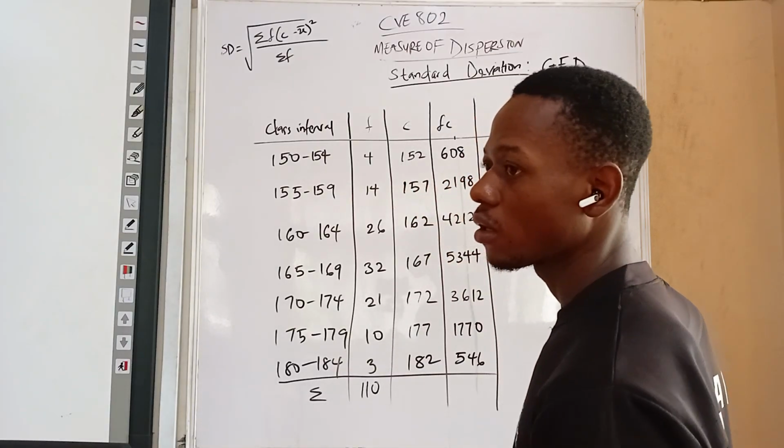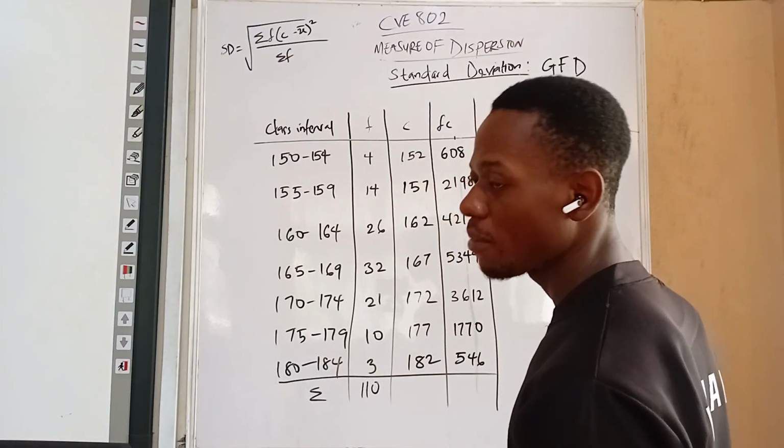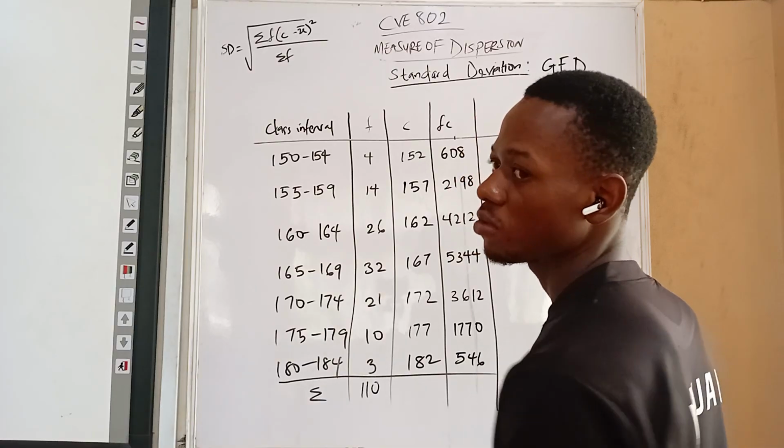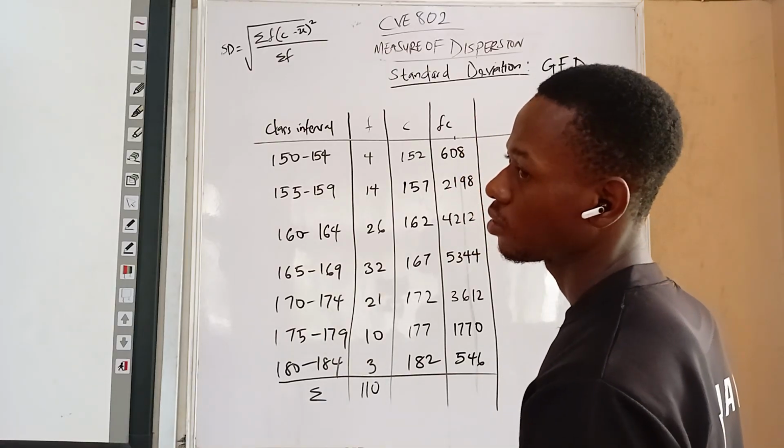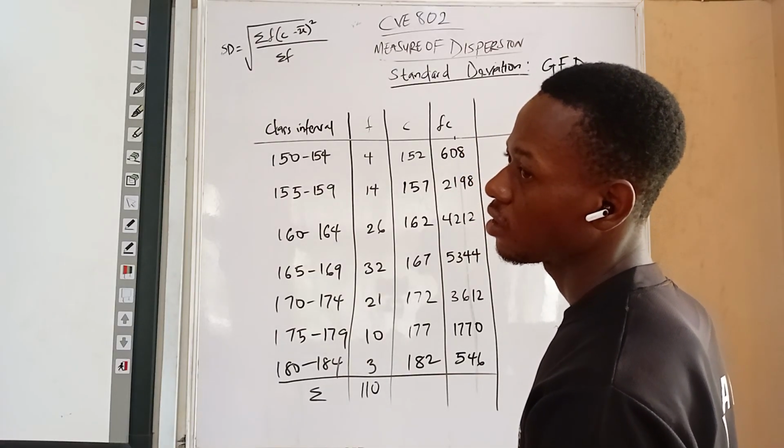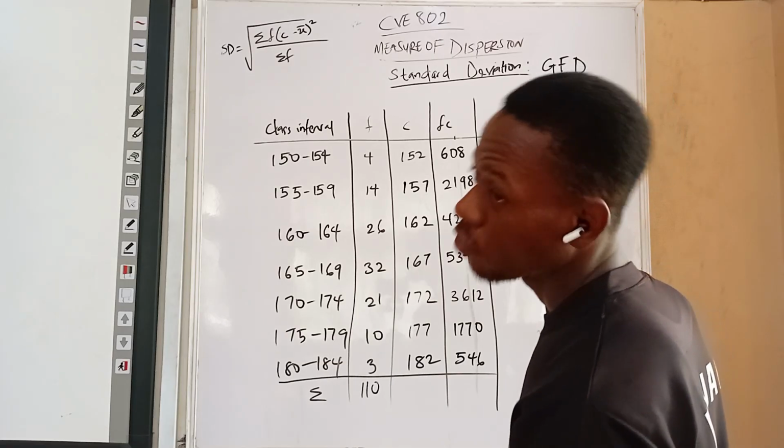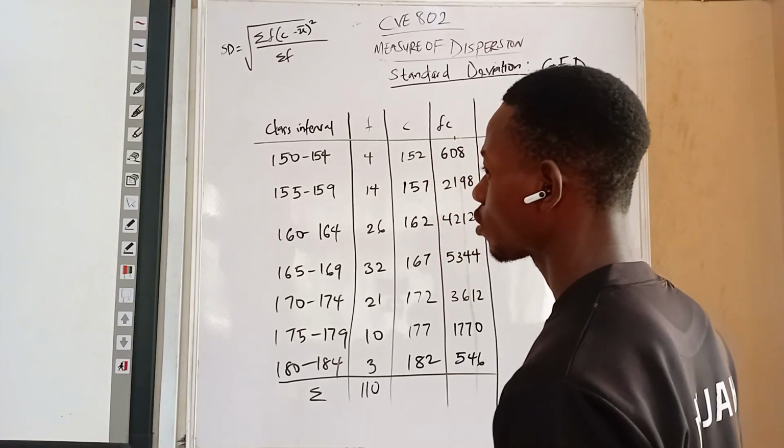Yeah, use the assumed mean method. Yes, I want us to use the normal method, and then we go to the assumed mean method. Yes, this is the normal method. So we just compare our answers, or we do the assumed mean method. So